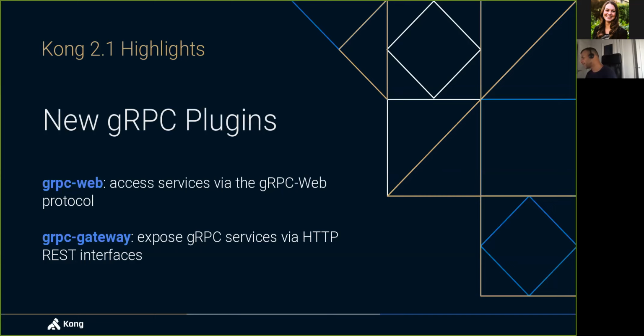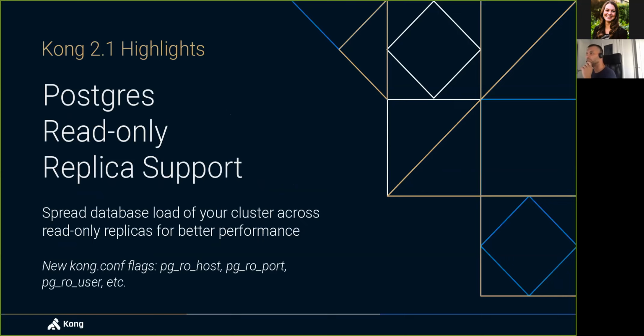So you can put Kong in front of a gRPC service and have it present itself as an HTTP service that can be used by other clients who don't speak gRPC but do speak HTTP, right? So stay tuned, and in the second part of the presentation, we're gonna see that in action. Another one of the highlights is